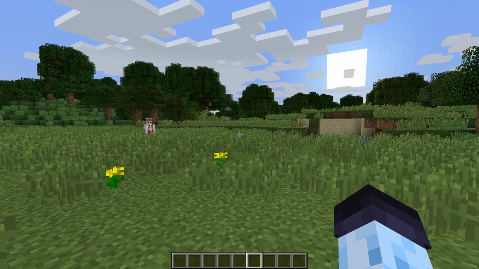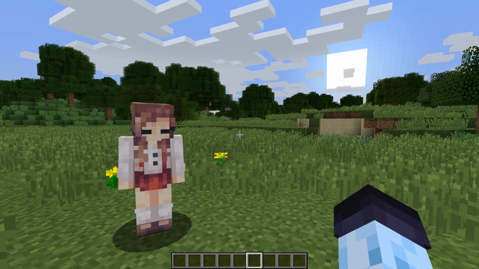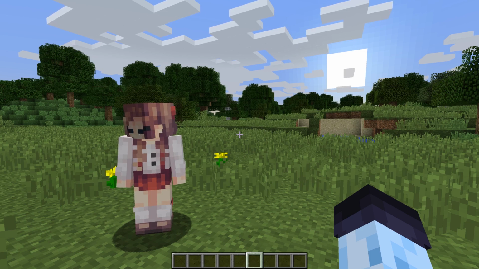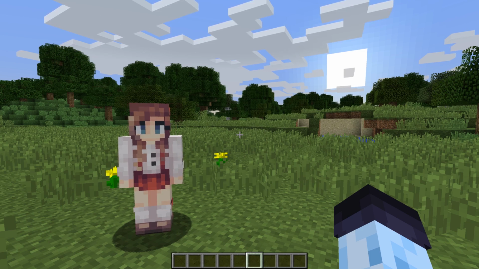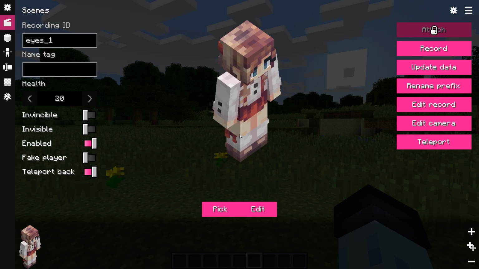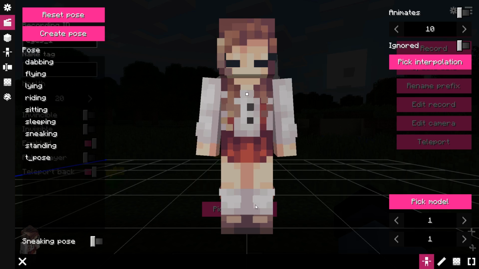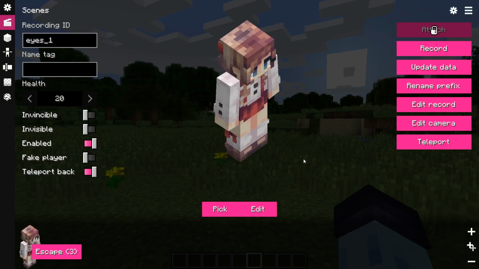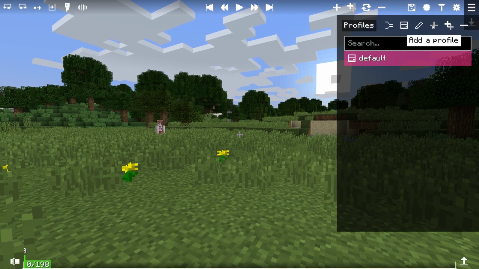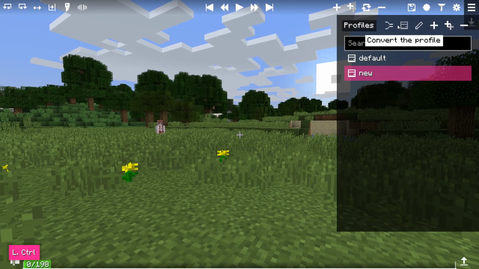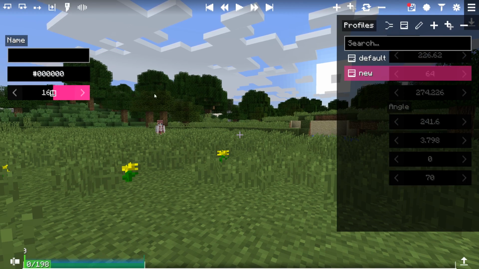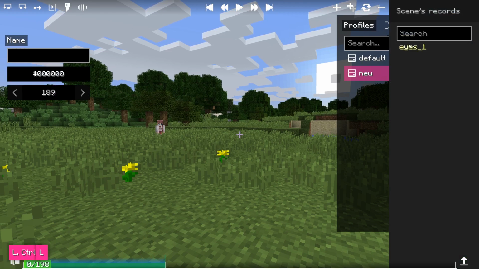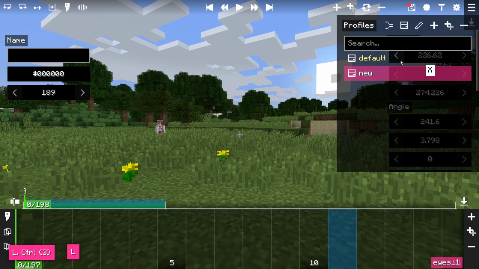And finally, let me quickly show you how to add eyes animation to a scene that are not necessarily repetitive like blinking animation, and has to happen at certain time. So, let's say I have a scene with a player model, and it has a sequencer morph with eyes as a body part, that is player model with blinking eyes. Now, edit the camera, and create a new camera profile. Add an idle fixture, open the player recordings list, select the player recording, and finally open the player recording editor.